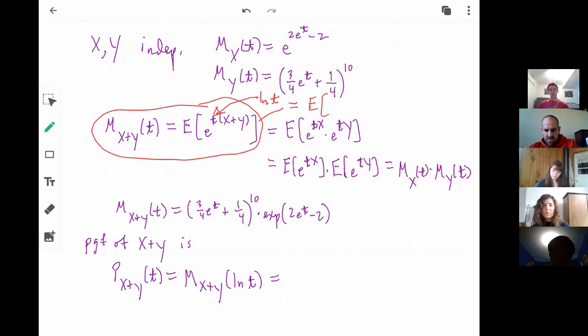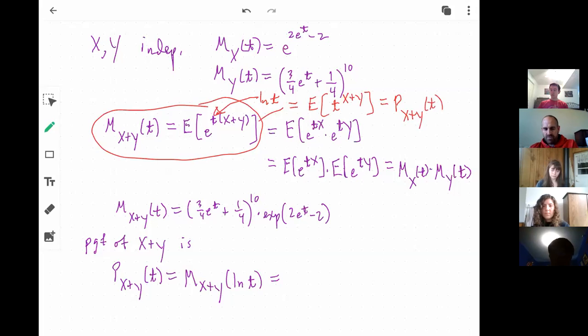Well, it'd be e to the logarithm of t, so it would just be t raised to the X plus Y, because e to the logarithm of t is just t. You know what I'm saying? And so this thing right here is going to be the probability generating function, right? So that is the probability generating function of X plus Y